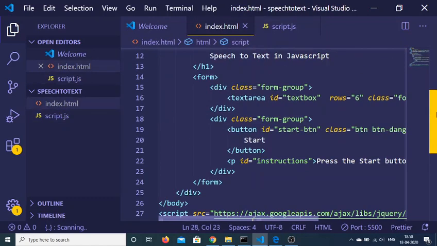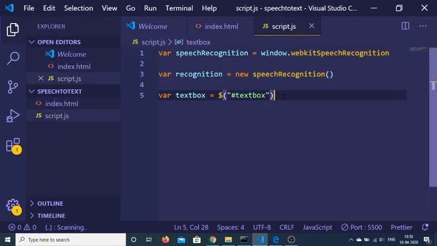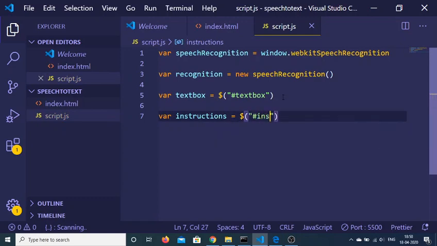This is our text box. We have given this ID, and next we need to target our instructions. So just make an instructions variable, and we have given an ID to it of instructions.